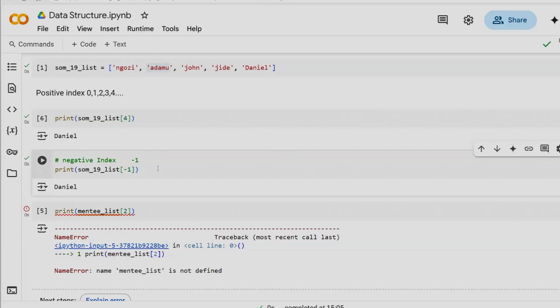And negative index is very, very important, especially when you want to capture the last part of data. And I will give you a typical example in a minute. For example,